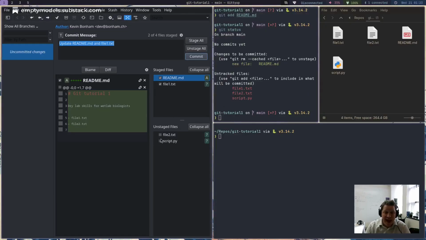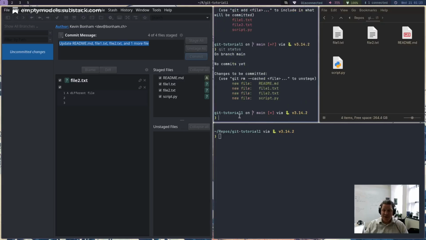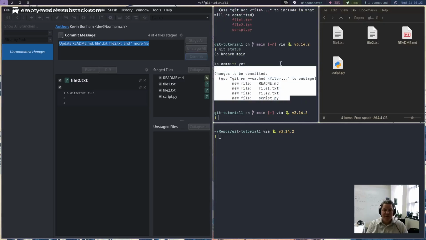I'm just going to go ahead and add all of these files to be committed. Here I'm just checking them in the graphical user interface. Over here, I could have said git add and listed all of these files. And again, now if I say git status from the terminal, you can see now all of these changes are to be committed. So this graphical user interface is just doing the same things that you could do via the command line. And Git is storing the information about files to be staged, additions, etc., in that Git subdirectory that we looked at earlier. And I'll show you the structure of that later, but for now, we're just going to